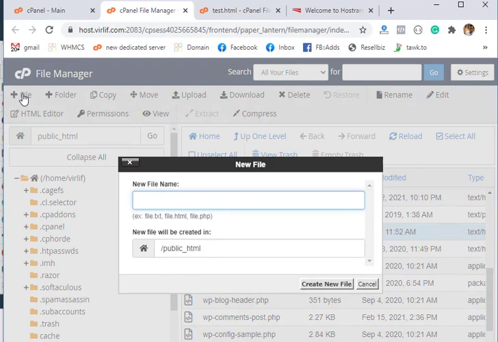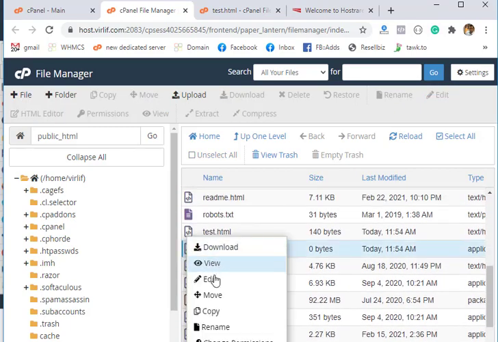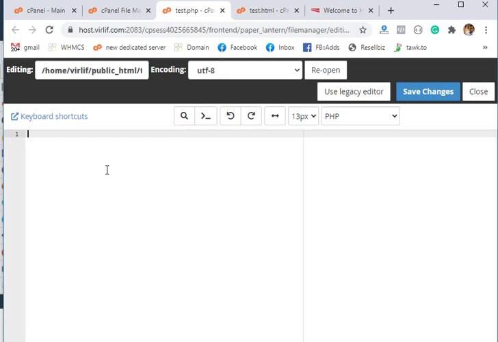Just create a PHP file, find it inside the File Manager and click on edit. This is a new and blank file, so I can type PHP code here. It's a string code.